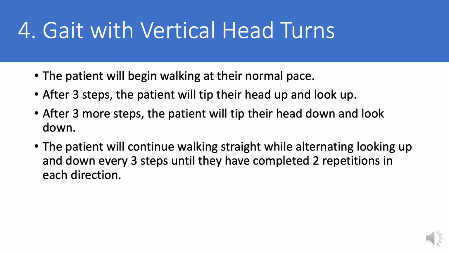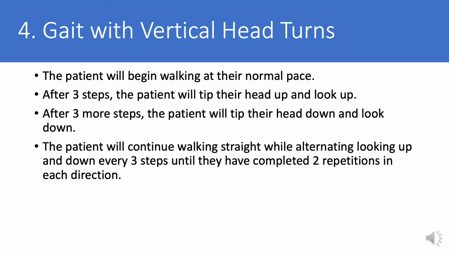The fourth assessment is gait with vertical head turns. So a sort of nod of the head every 3 steps. It's very similar to the third assessment with horizontal turns, but this one's just with a nod motion. So they're walking at their normal pace. After 3 steps, the patient will tip their head up and look up. After 3 more steps, the patient will tip their head and look down. And they will continue doing this until they've completed 2 repetitions of looking up and 2 repetitions of looking down